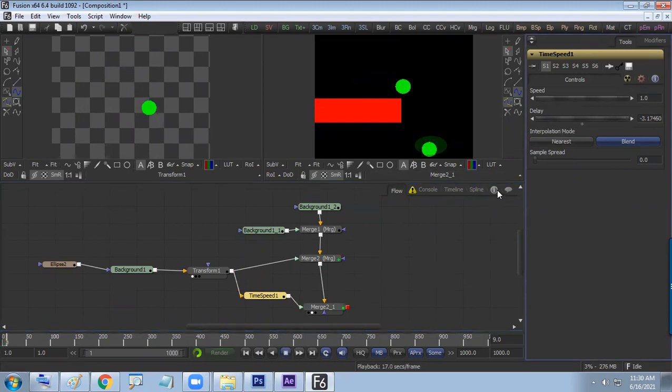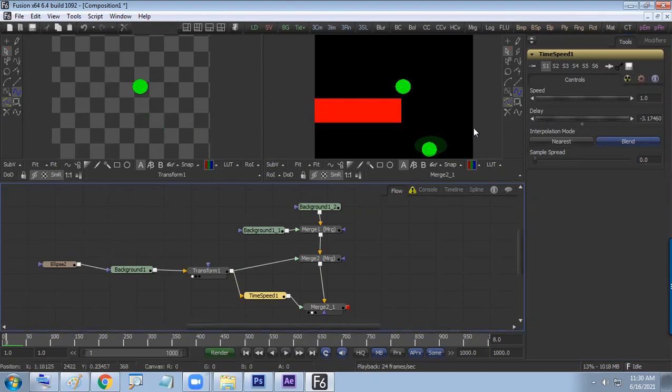So let us see now what happened. It got a delay of 3 frames. Is it clear? Do you understand? So we can create a nice effect with this. We have done a small animation, but the rest of the things are your compositing skill. With the Time Speed, we can make it delay, so the second one will get a 3 frame delay from the first one.